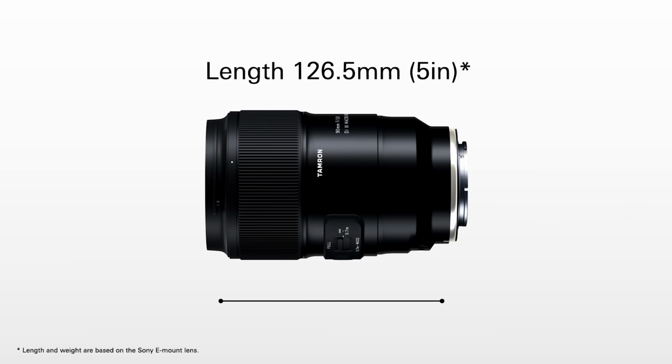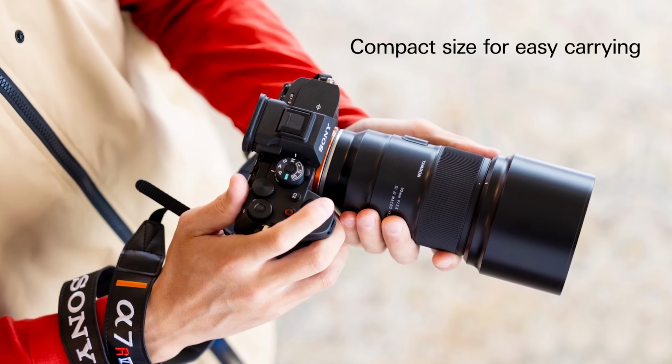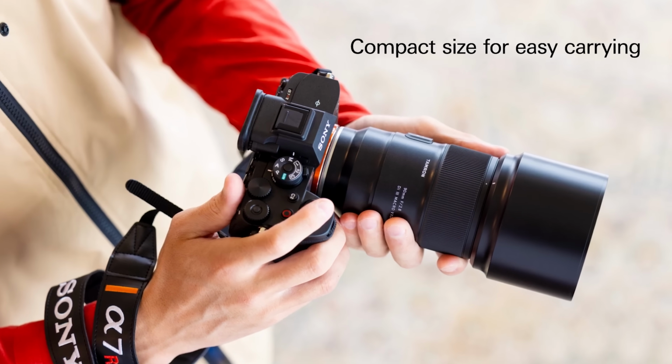Why, no you can't. This lens measures in at a huge 5 inches long and weighs in at 22.2 ounces or 630 grams. It offers a 12-bladed circular diaphragm, and what I'm trying to figure out is